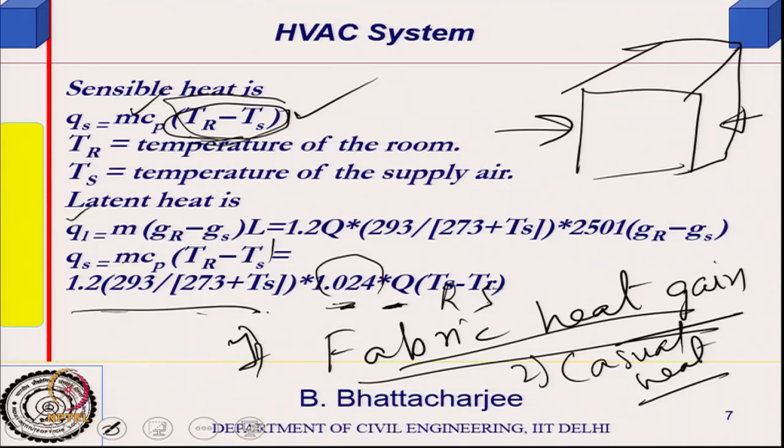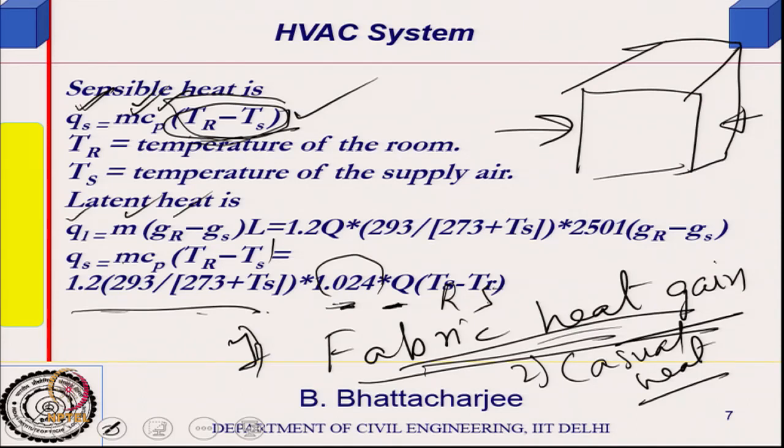Once I have fixed it up, and I have calculated the sensible and latent heat gain, I mean sensible heat gain from fabric, or otherwise from casual heat gain, in that case this is known to me, this I have decided, and of course I can't do anything about the other, it is related to the air itself. So, I can find out the mass flow rate. Now, for this given mass flow rate, which is now fixed, I would like to know what is my GR.